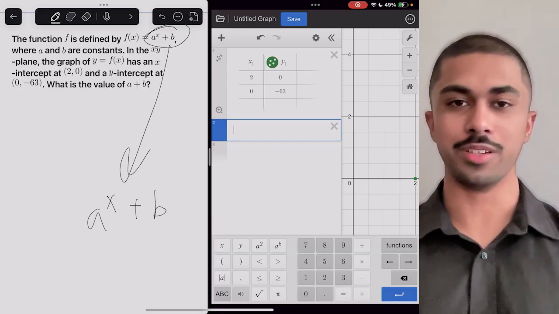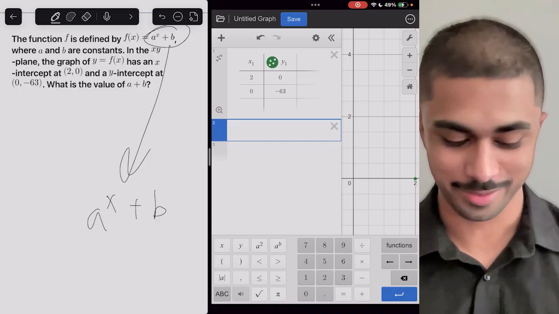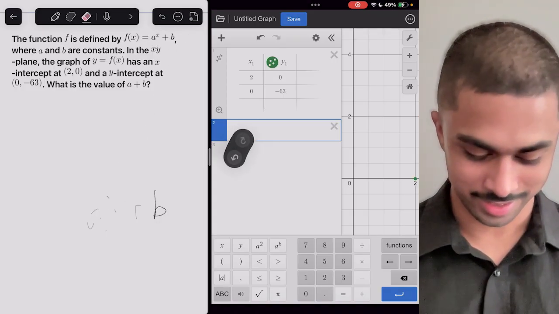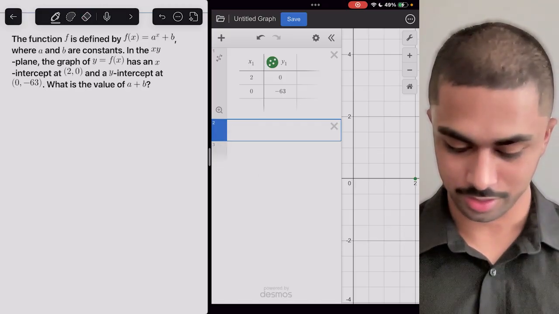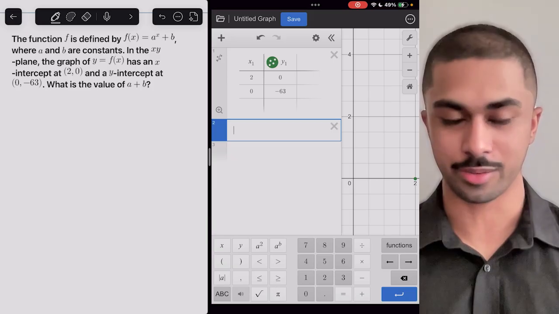So what we need to do is create a custom regression. I know this may sound complicated, but I promise you it's a lot simpler than you think. So let me erase all of this and then let's go back to Desmos. First, the first step to creating a custom regression